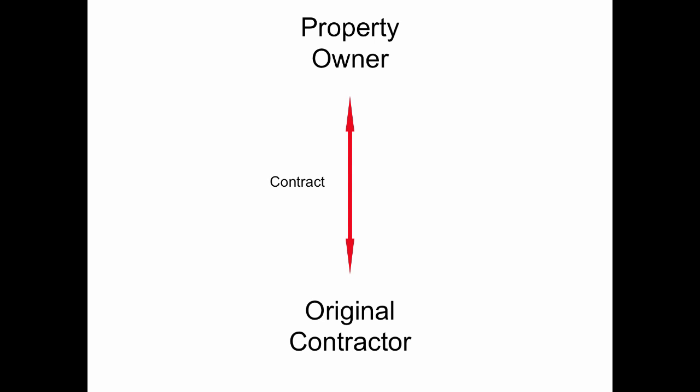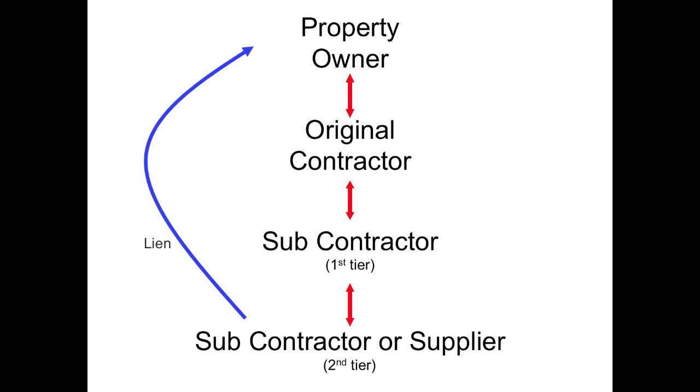To illustrate the value of these filings, I'd like to set up a scenario for you. If I am a property owner and I hire a general contractor, I would expect to pay that contractor for services. I know that if I do not pay him, he has the right to file a lien against my property. Suppose that contractor hires a subcontractor, and then the subcontractor hires another subcontractor who also purchases supplies for my project. I may not even know about this supplier, but the supplier has the right to file a lien against